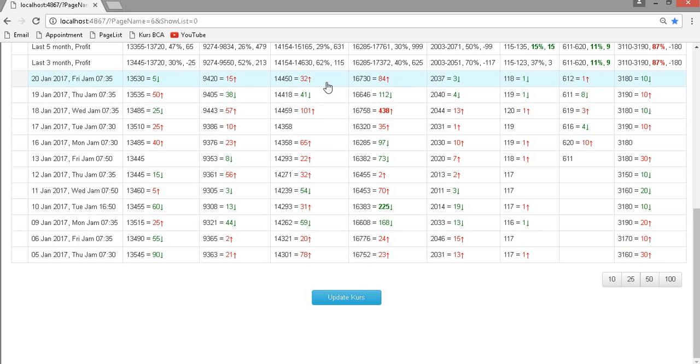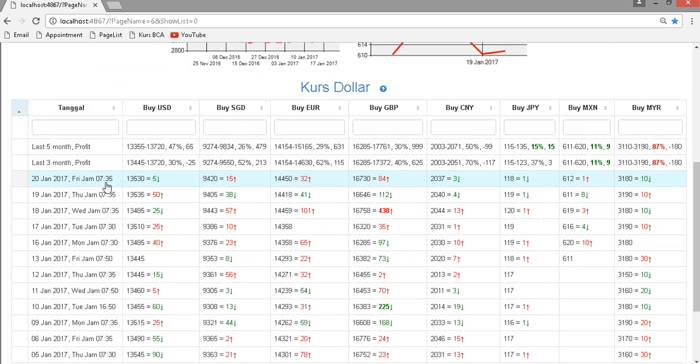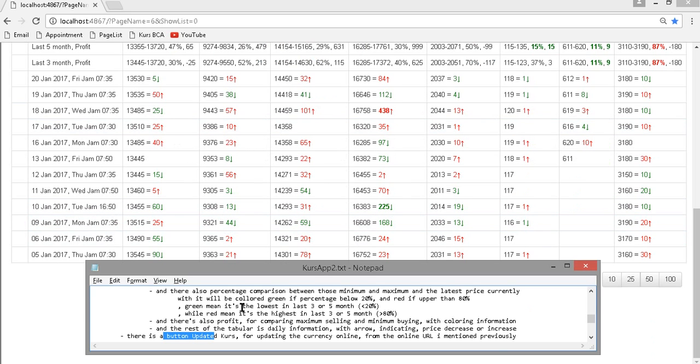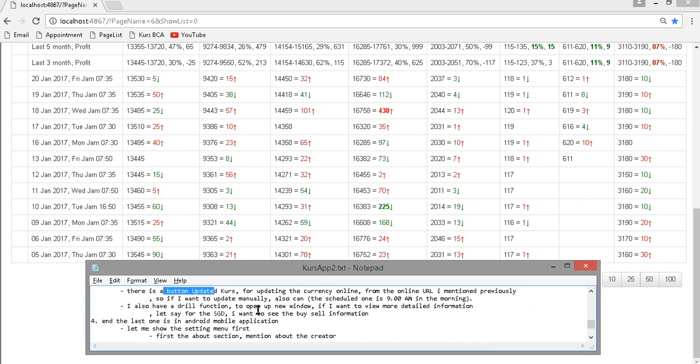But let's say I want to update manually also, I can just click here. Usually the currency information is not only updated daily, but every 3 or 4 hours. So it could be that at 11:30 they update the information. I can just click update from here. Okay, it's finished.